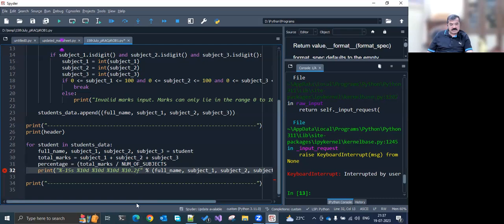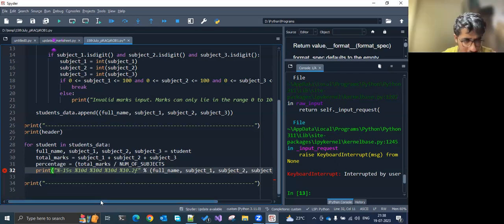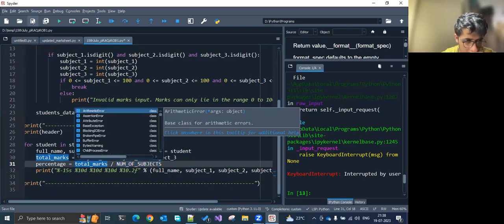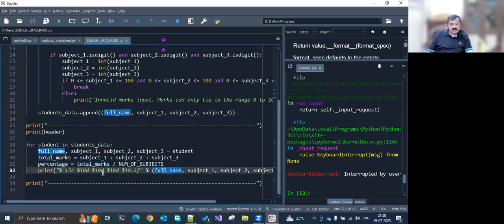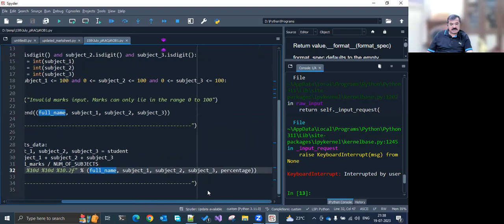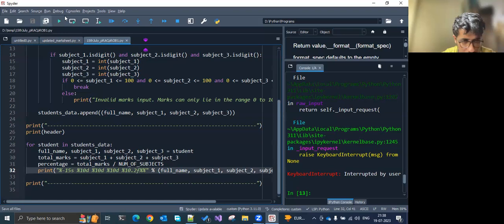Invalid syntax. देखते हैं। इसमें नेम, 10D में सब्जेक्ट 1, 10D में सब्जेक्ट 2, 10D में सब्जेक्ट 3, 10.2F। यानी आप पर्सन साइन तो डिस्प्ले नहीं कर रहे परसेंटेज मार्क्स के आगे, तो पर्सन साइन अगर चाहिए यहाँ डालेगा 2%। लेट्स सी।